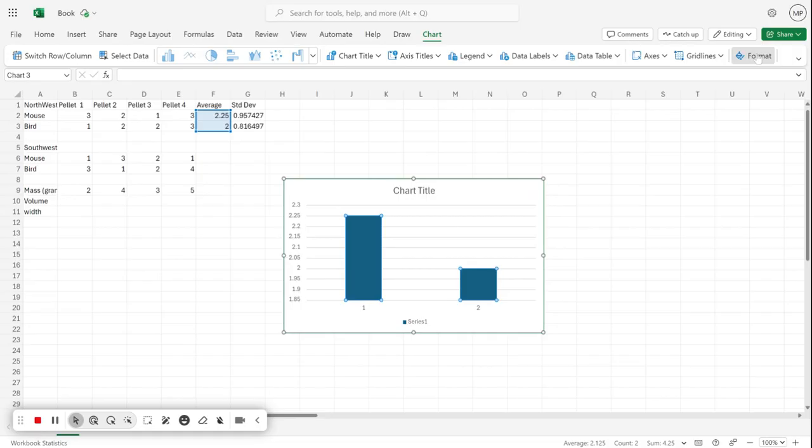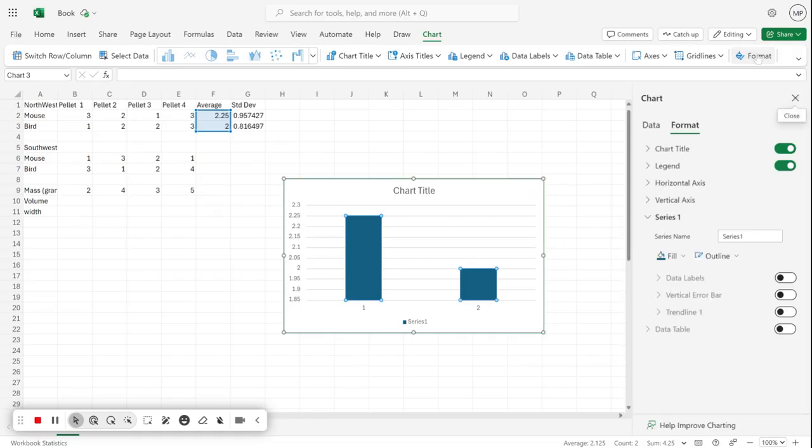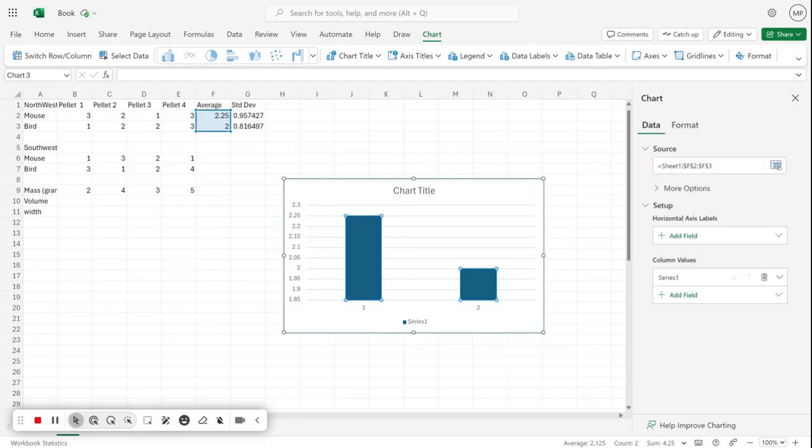Now I'm going to click format. And I see all of this. So what I'm going to do is see how these two series are connected to each other. I'm essentially going to make them not connected anymore because I do not want the error bars to appear on both of them, and that's a very common mistake, that your standard deviation bars appear on both of them and you're like, oh shoot, I can't change it. Well, the way to change it is that we have to add a new field,